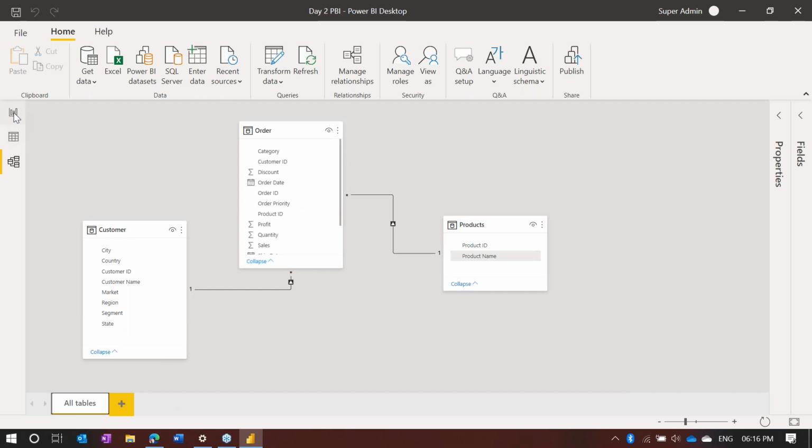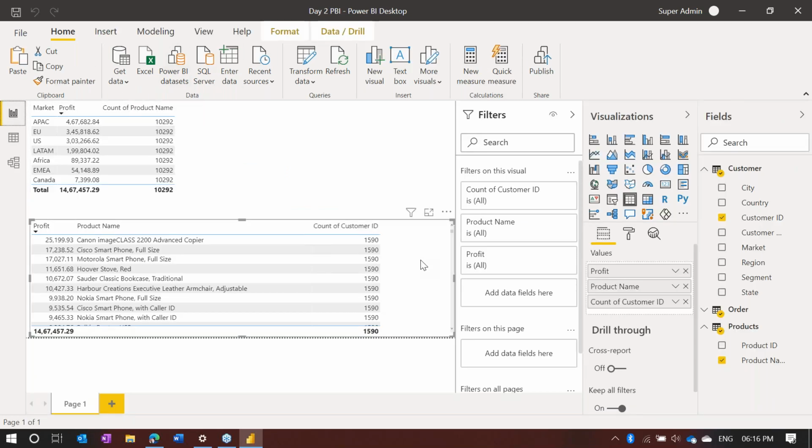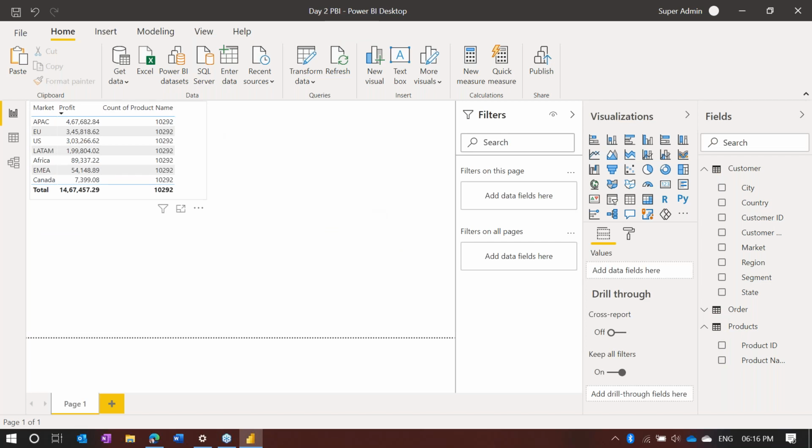Okay, what are we going to do now? Yesterday, we resolved that problem by changing the relationship to bidirectional relationship. But I am keeping this on for now. I'm not resolving this problem for now. I will tell you how to resolve this problem a little later. Why? Because we have not covered the calculate function as yet, so this will not be the right approach to resolve that problem. Okay. So now, next thing, what are we going to do here